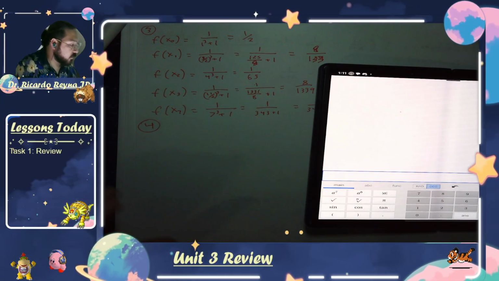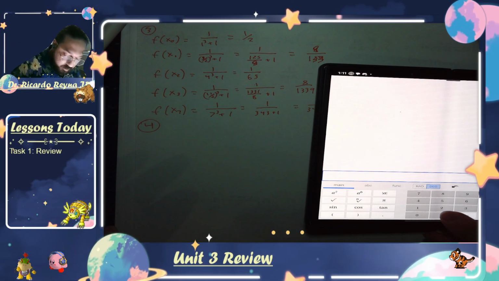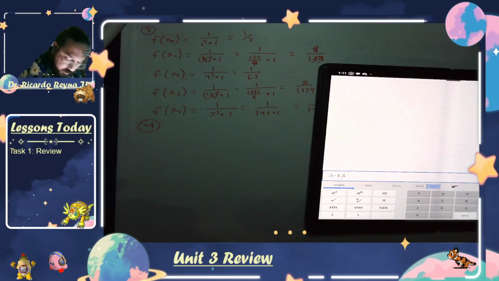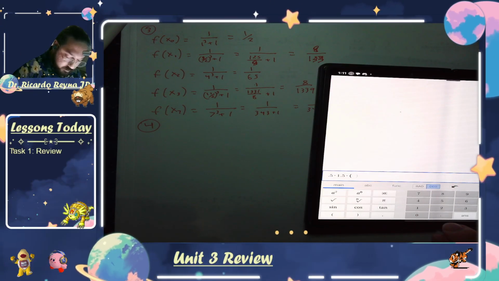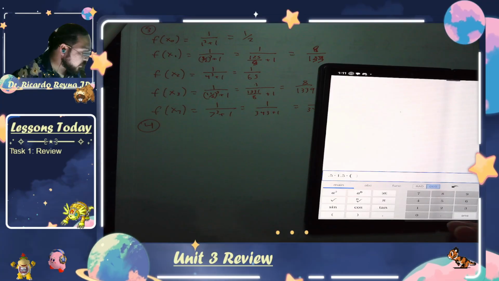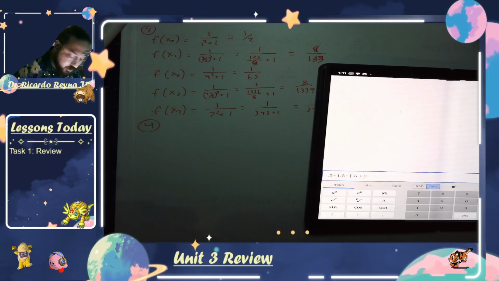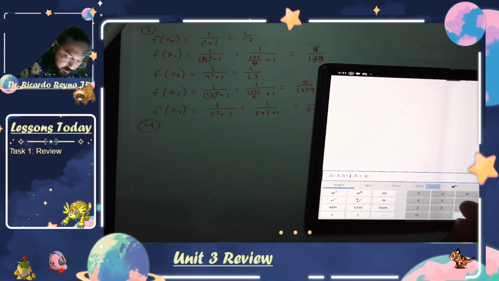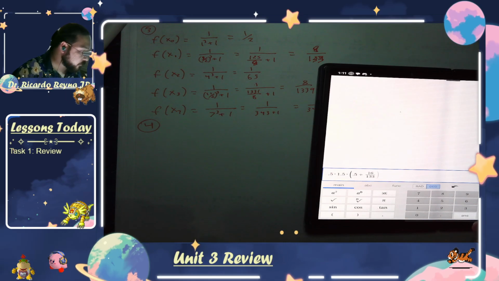You first type in 0.5 times the rate of change, which is 1.5, and times the sum of all these, where the first and last terms are untouched, but everything in the middle is multiplied by 2. So that's 16 over 133